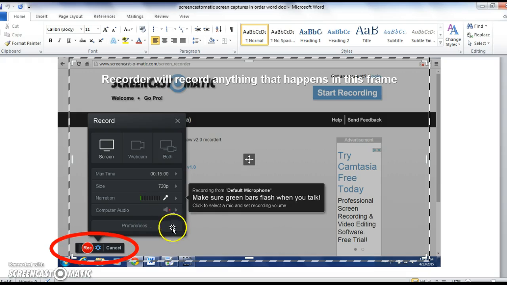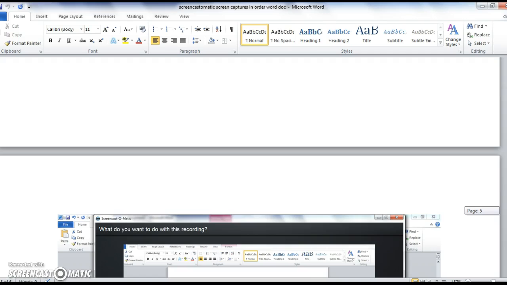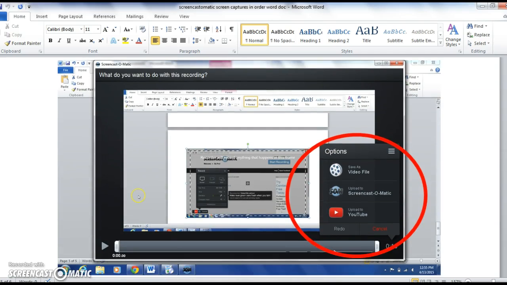So I get the prompt, it reminds me to check my audio and make sure that my sound is working, and then I press record. When I do that, it records whatever I'm doing, as it's doing right now. And when I'm finished, I press the pause button, and it says I can either continue to record or I can be done. If I click that Done prompt, then I come to this next screen, and it says, what